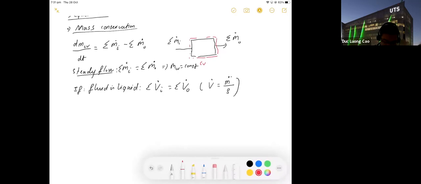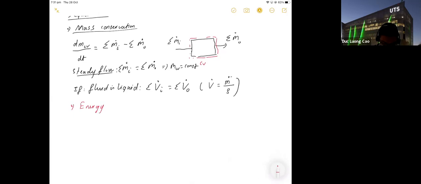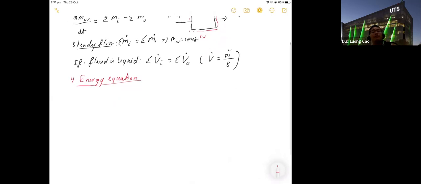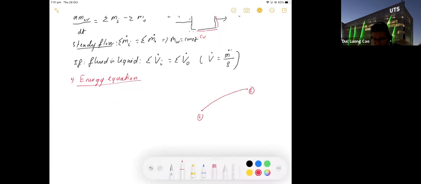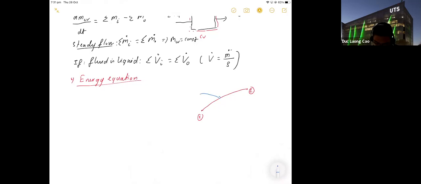The second one, energy equation. For the energy equation, remember that you will write the energy equation between 2 points, not 2 sections, not between 2 areas. 2 points. You have to choose point 1 and point 2. For example, between point 1 and point 2, we add more energy here. We have added